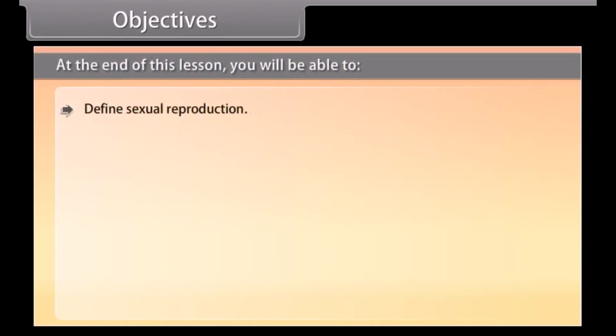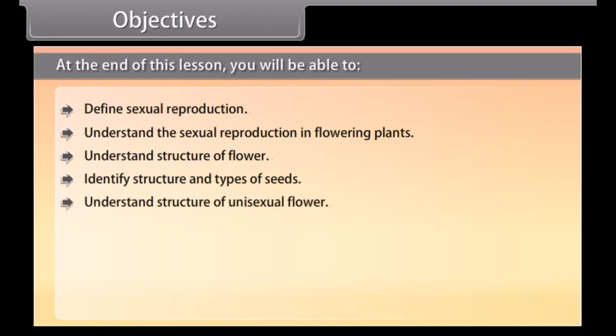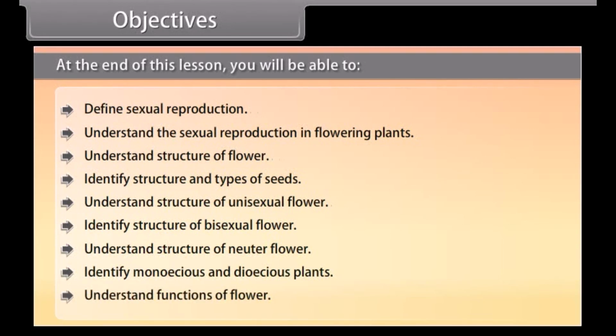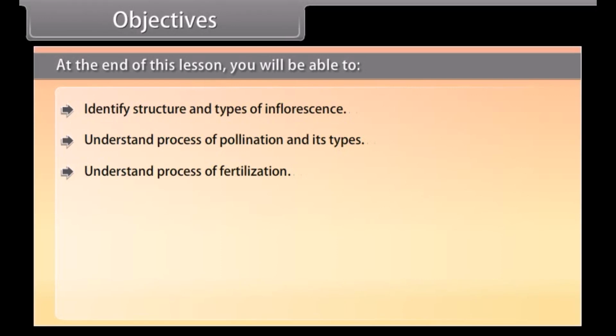Objectives. At the end of this lesson, you'll be able to define sexual reproduction, understand the sexual reproduction in flowering plants, understand structure of flower, identify structure and types of seeds, understand structure of unisexual flower, identify structure of bisexual flower, understand structure of neuter flower, identify monoecious and dioecious plants, understand functions of flower, identify structure and types of inflorescence, understand process of pollination and its types, understand process of fertilization, identify structure of